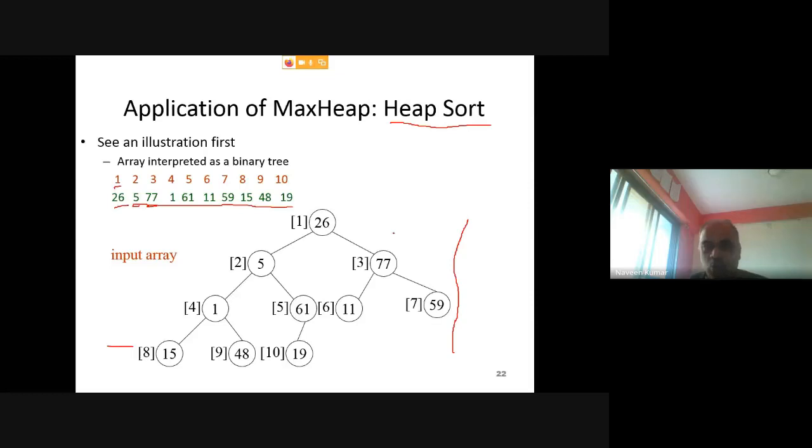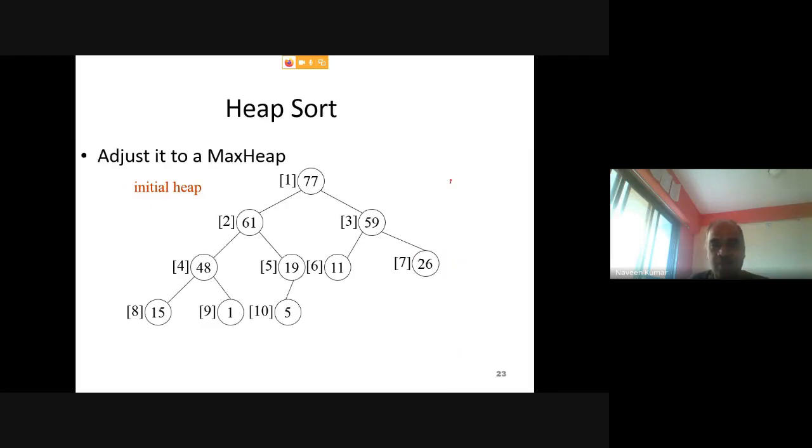To sort, you need to convert this input array into a max heap. How can you convert this into a max heap? After conversion, you will get a max heap like this. You can see the largest element comes here, and every node contains a larger value than its children.